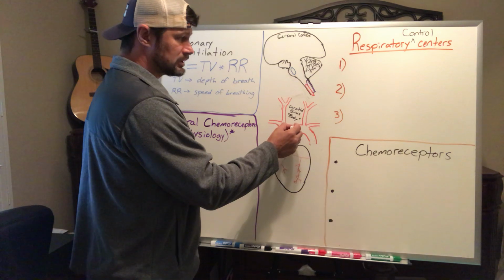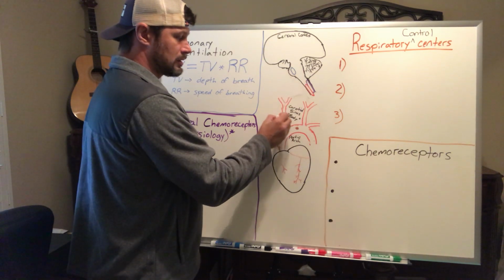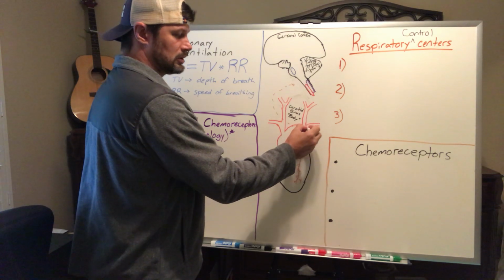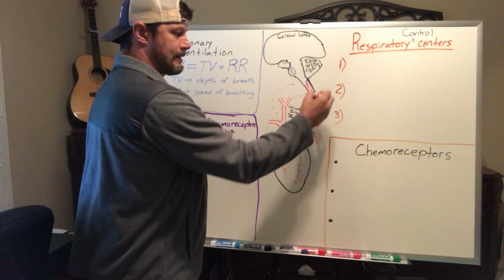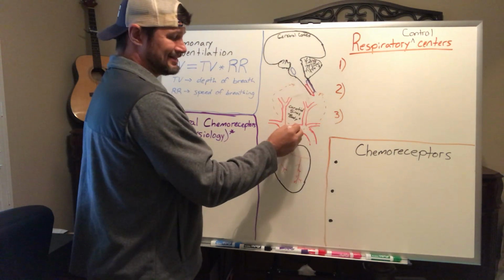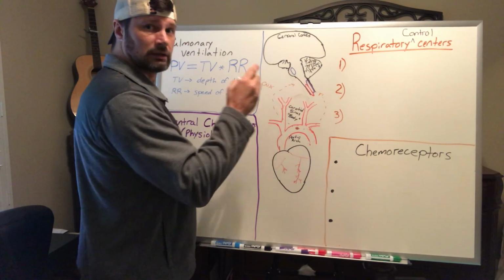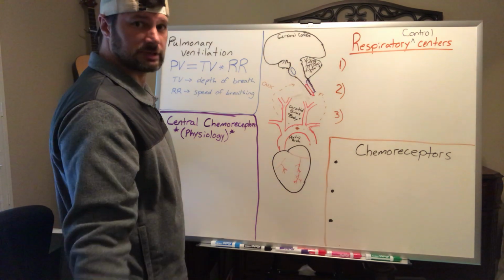And those are going to send signals up to the brain. They can go on either side. The nerve that's involved in sending signals from the aortic arch is cranial nerve 10, the vagus nerve, parasympathetic nervous